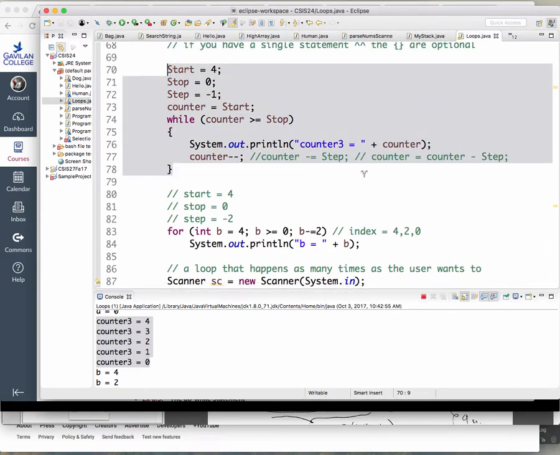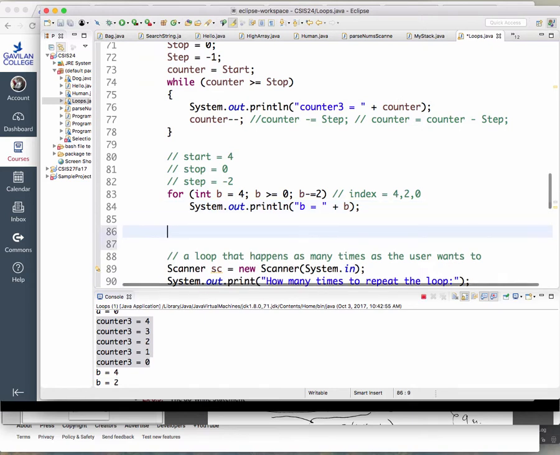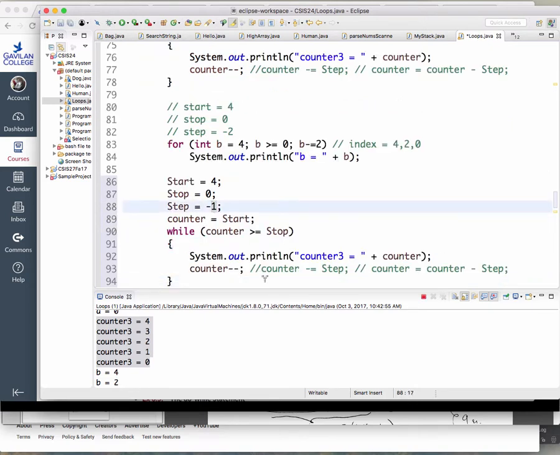Grab this. Alright, so now we want to make it go backwards, but in steps of -2. Alright, I want it to go from 4 to 0. Alright, so this is going to be my counter 4. Instead of minus, I can't do minus because it's not decreasing by 1 every time. I'm going to do minus equals step. Okay, actually it should be plus equals, yeah. Plus equals step, and step is negative. Okay, I can do it here too. Okay, run again,